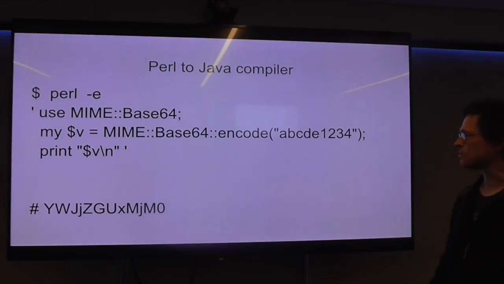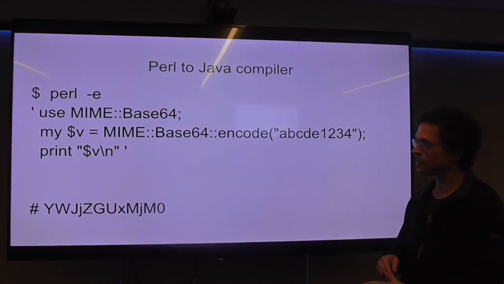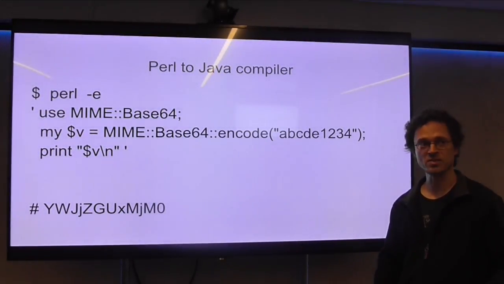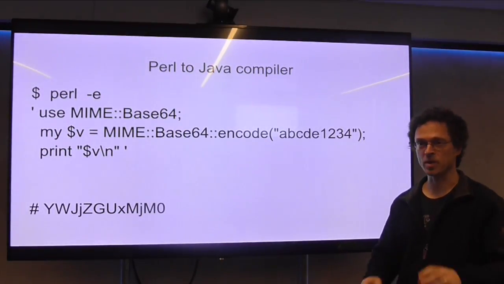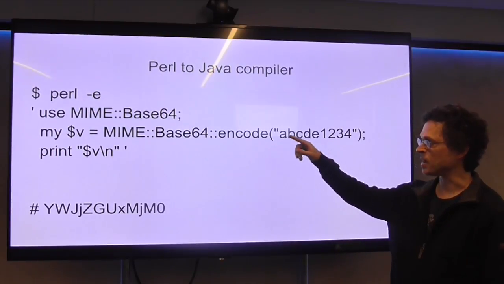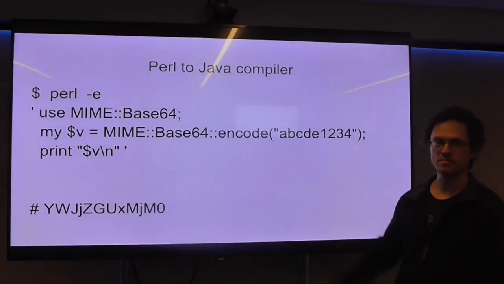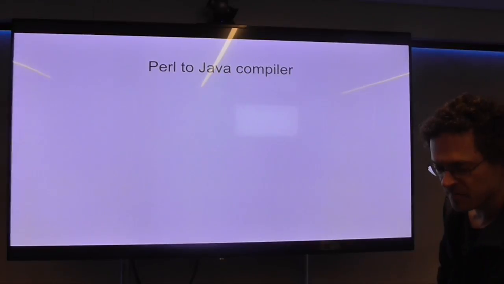So this is one example. Here I'm using MIME-Base64. I got this because this is a library from CPAN that uses XS, and it's written in C. It's just a Perl wrapper over a C library. So you use MIME::Base64 and call encode with a string. You get your result. In Perlito, it becomes